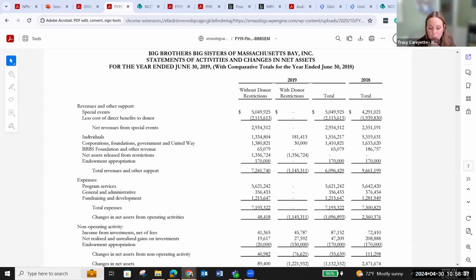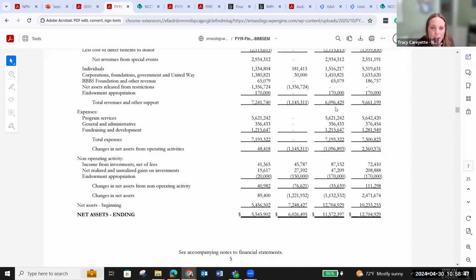The expenses also tie back to your budget, but they're broken down by program or support service area. So Rebecca, if you scroll down just a little bit, it's kind of right there in the middle. My apologies. So you'll see program services and then what's called general and administrative and then fundraising and development. So rather than seeing your expenses by line item on the statement of activities, you'll see them grouped by program